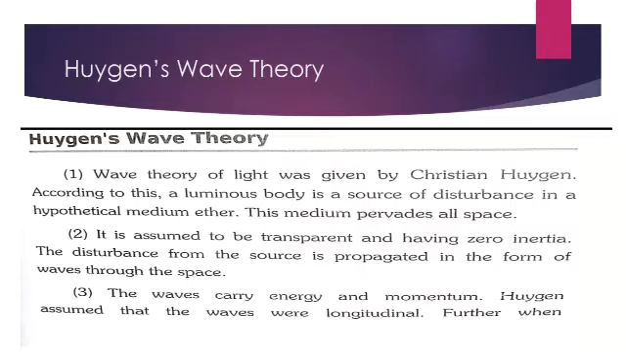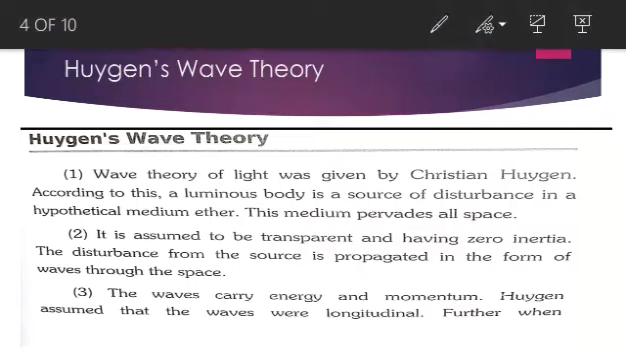And the next postulate of Huygens theory is that this medium is transparent and has no inertia. So in the assumptions of Huygens, he assumes that the ether medium is transparent and has no inertia. So the property of the ether medium is that it is transparent and has zero inertia. And in the third postulate,